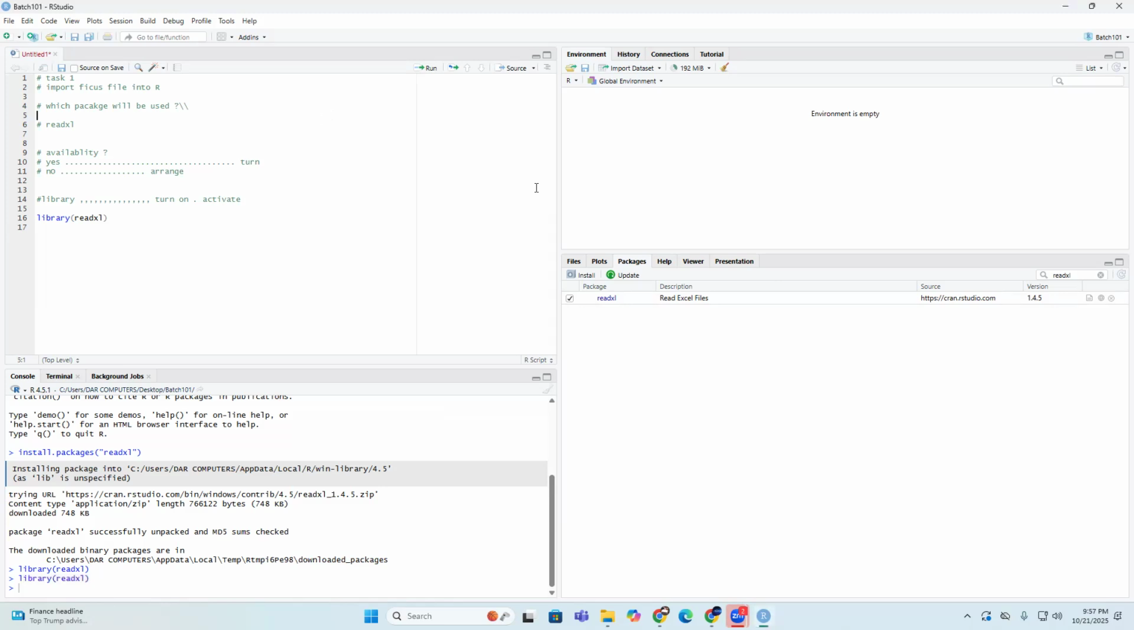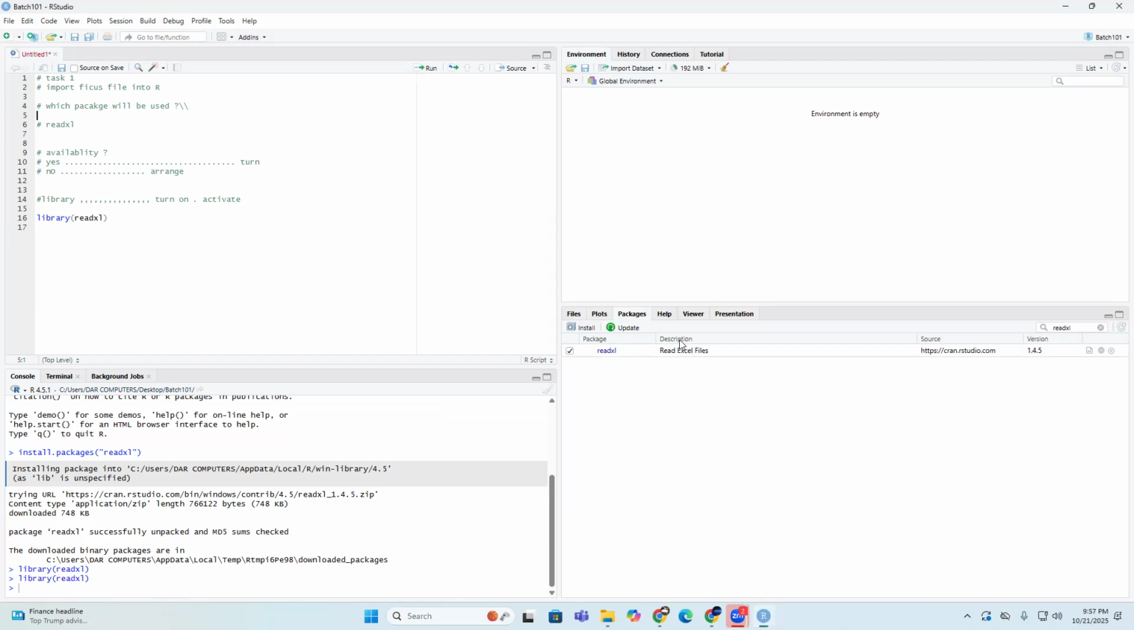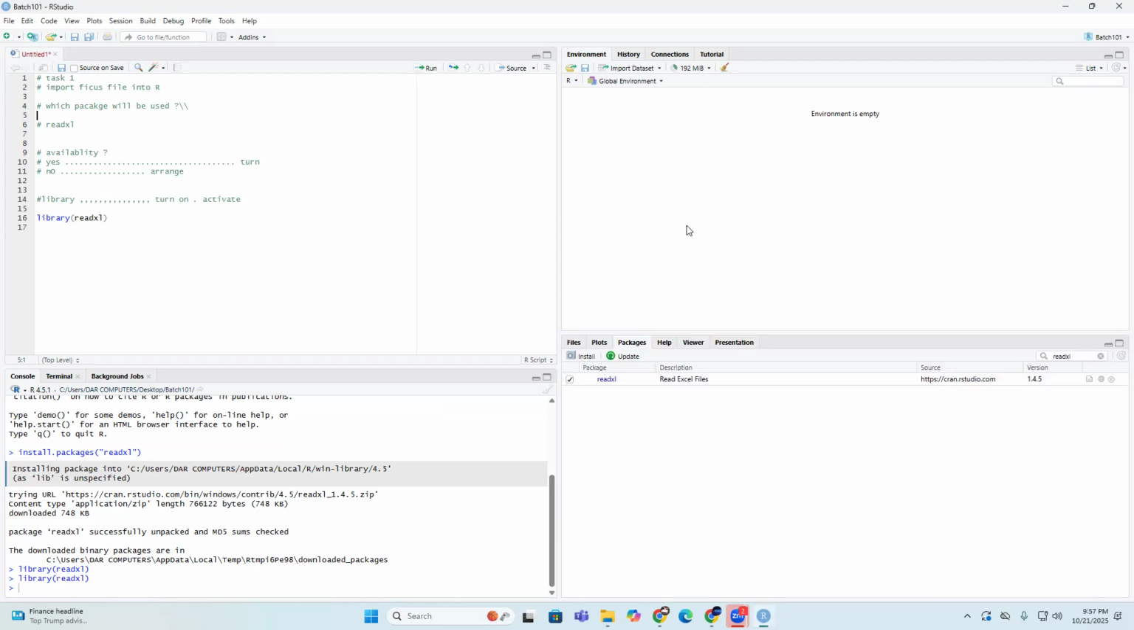Okay. Now the next step is, come to screen number 3. Here is screen number 3. In screen number 3, there is a button, Import Dataset. Click on Import Dataset. It will show you 6 options. First,